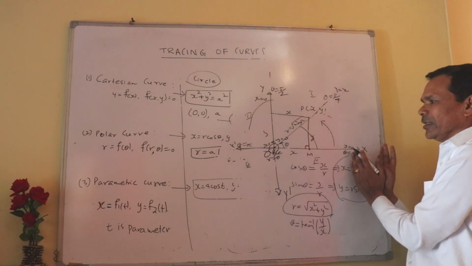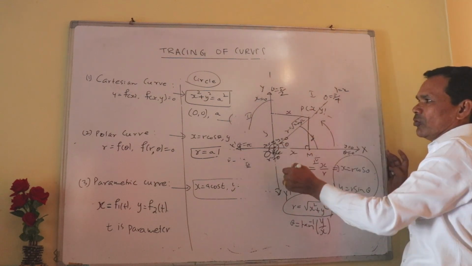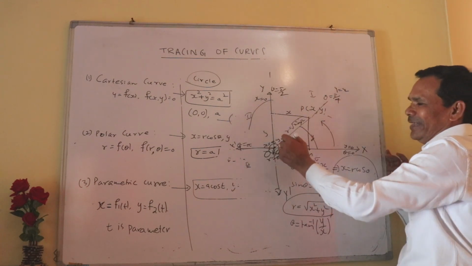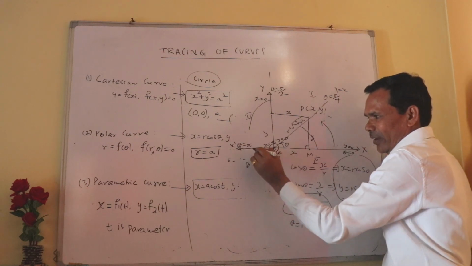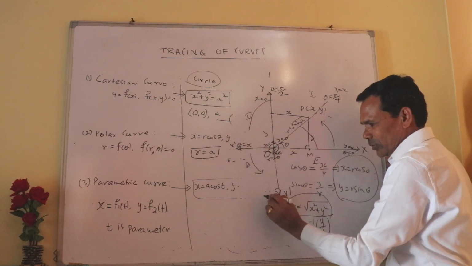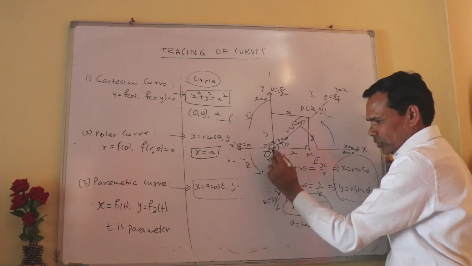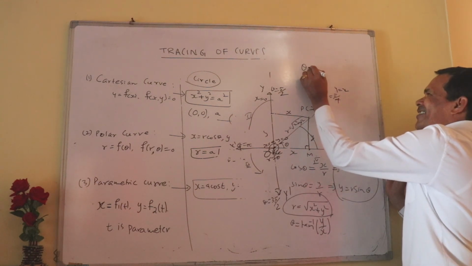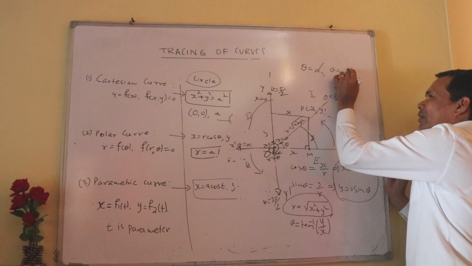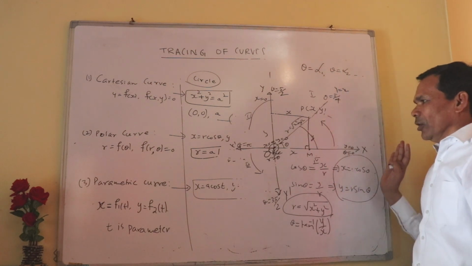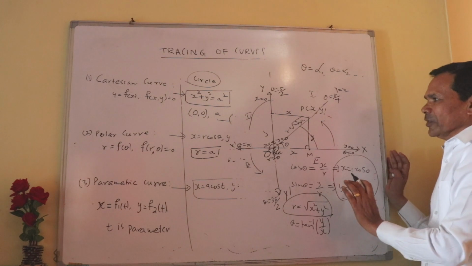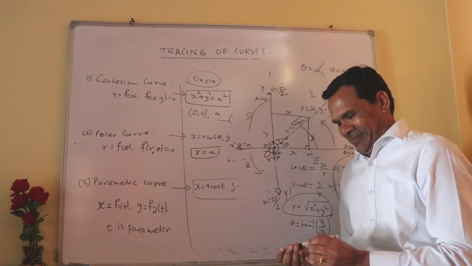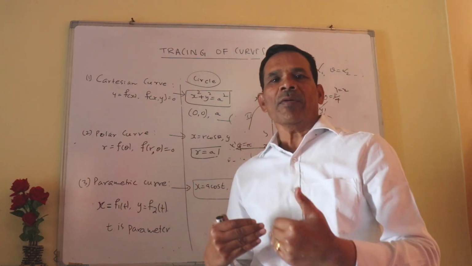See once again, theta is equal to 0 is the initial line. Theta is equal to pi by 2 is the line passing through the pole and perpendicular to the initial line. Theta is equal to pi. Now if you rotate again through pi by 2, then theta is equal to 3 pi by 2, and again theta is equal to 2 pi. Likewise, theta is equal to alpha is always a line, alpha 1, alpha 2, passing through the origin naturally. This is the way you have the structure of this coordinate system connecting Cartesian to polar or polar to